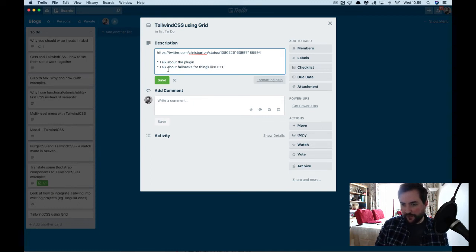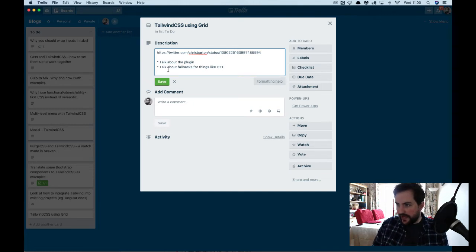That's one thing that we've had with a recent project where we need to support up to IE11 because we deal with a lot of corporates and government companies. So sometimes they are still stuck on older versions of Windows because their IT departments won't allow them to use anything other than IE. And that presents problems for us in terms of needing to make sure that we support that. Not to say that the websites have to look the same, but they have to at least be functional. So we've come up with a couple of things that enable us to do that. So I think that'd be quite a good thing to talk about there. And